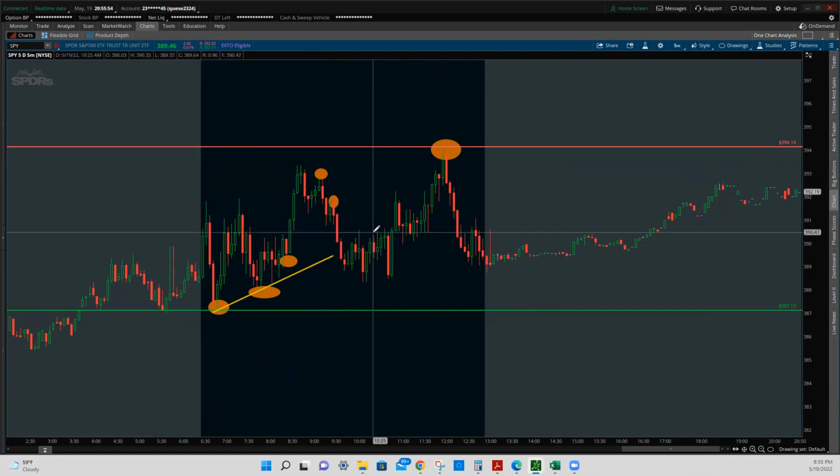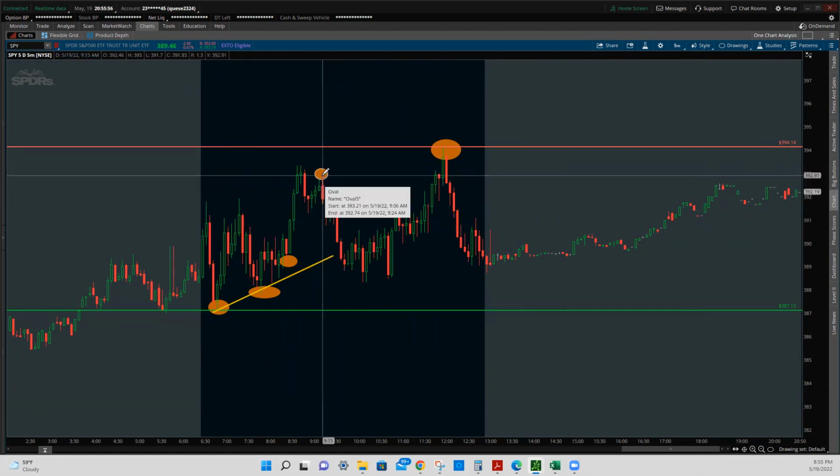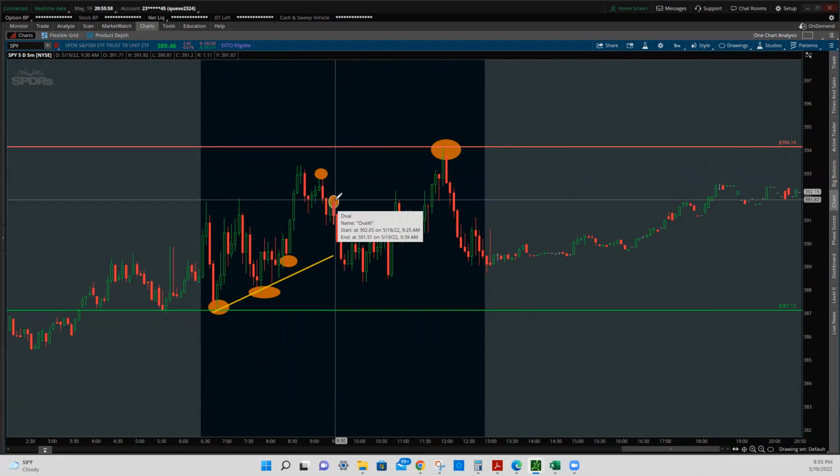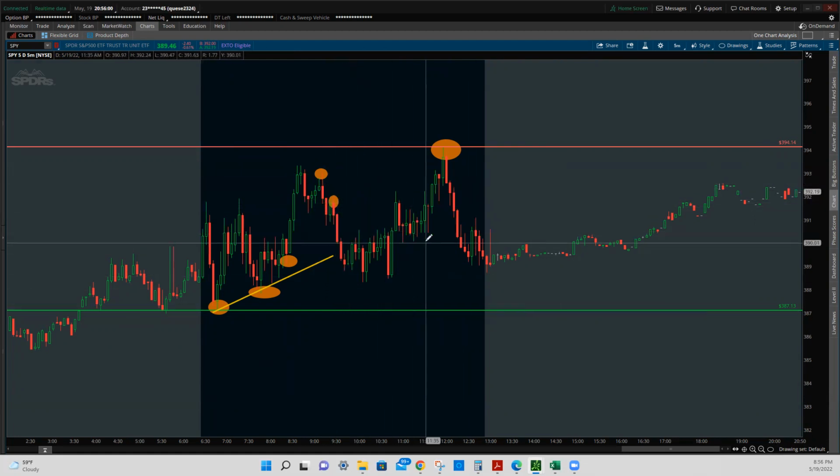So you see how these highs are getting lower. It made a high right here, and then it made a high right here. So the highs are getting lower and lower. A key aspect of trading successfully is you have to be able to look at price from different perspectives and different time frames. That's why it's important to chart on your chart the previous day's high and low,